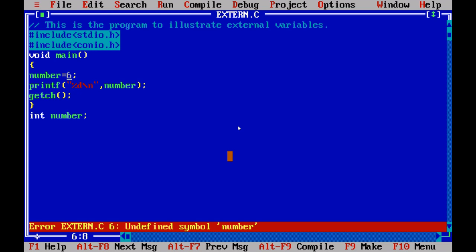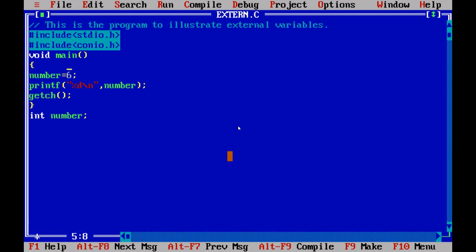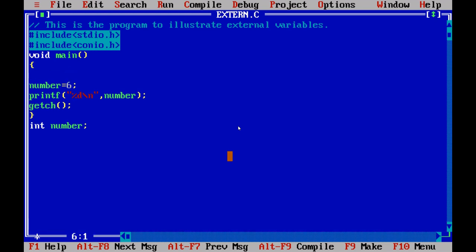Okay, so for such a thing, here you have to make use of the keyword extern. So within the main function, you should give the information to the compiler as extern, and the data type of the variable is int, and the name of that variable is number.